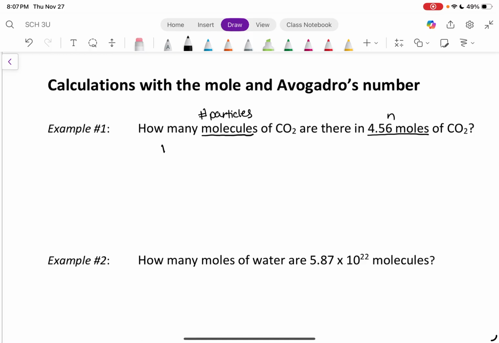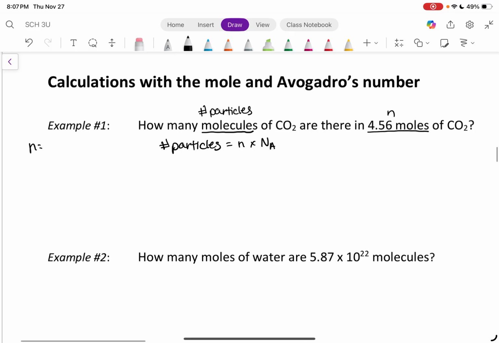So I'm going to write my formula because I need to solve for the number of particles, right? Since I know that if I'm asking how many formula units, how many atoms, how many molecules, I'm really asking for the number of particles. So our number of particles equals n times Avogadro's number,